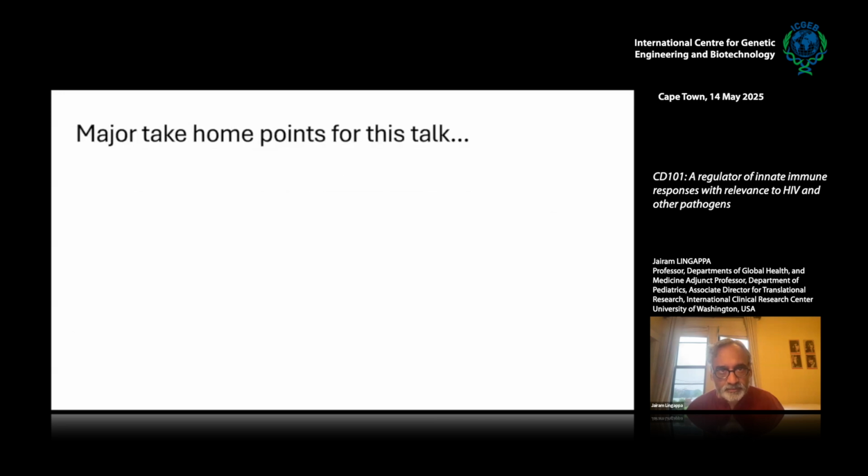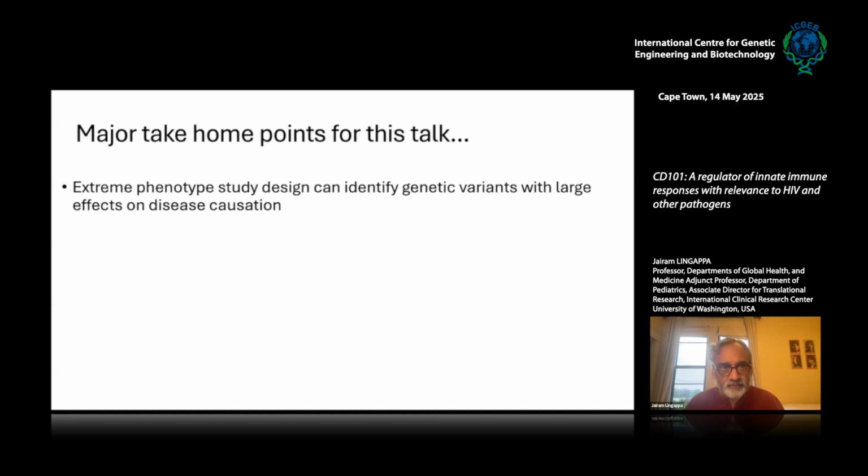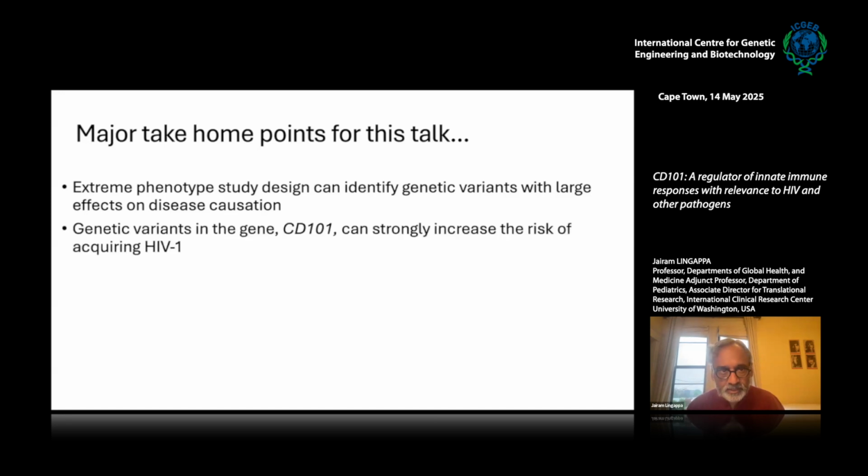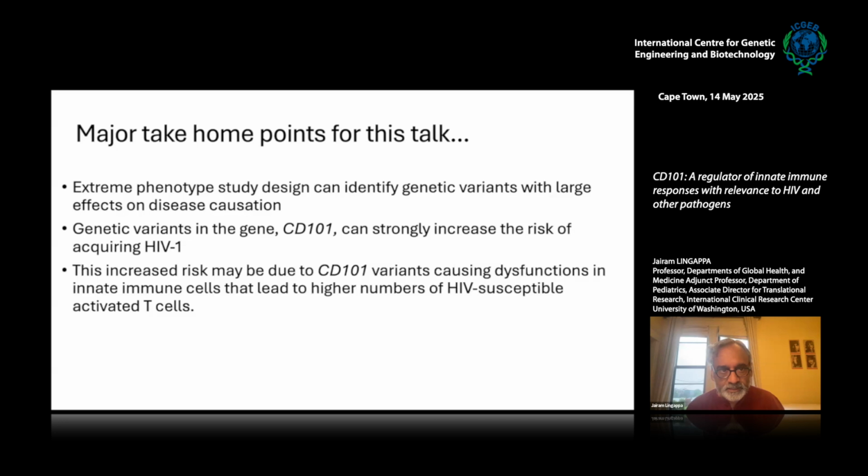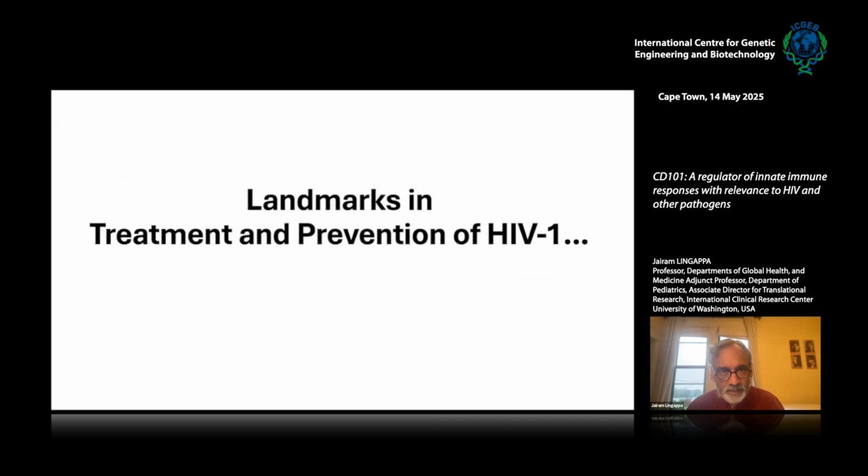My major take-home points for this talk will be that the extreme phenotype study design can be used to identify genetic variants with large effects on disease causation. And the genetic variants in the gene CD101 can strongly increase the risk of HIV acquisition, and this increased risk may be due to CD101 variants causing dysfunction in innate immune cells that lead to higher numbers of HIV susceptible activated T cells. So let me start right off with this background of the treatment and prevention